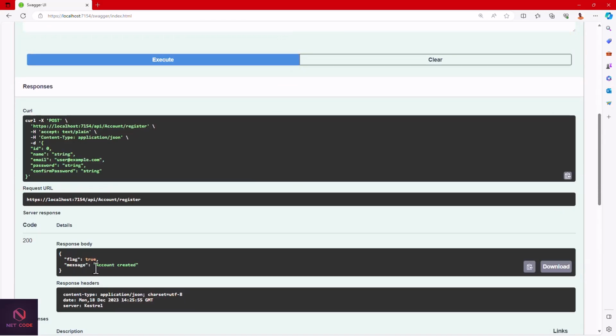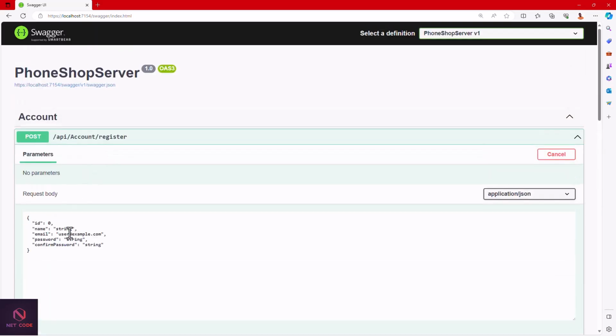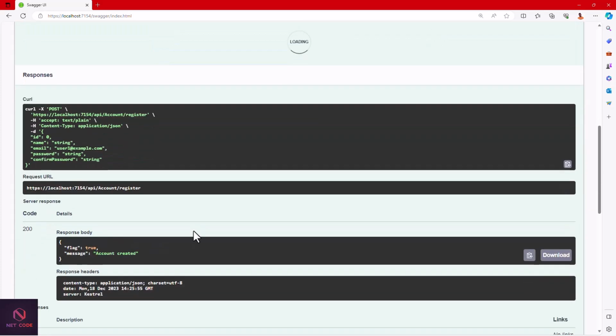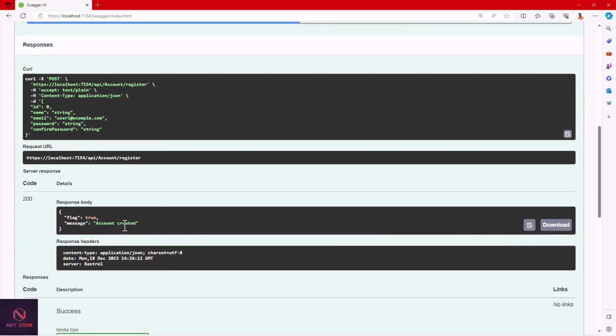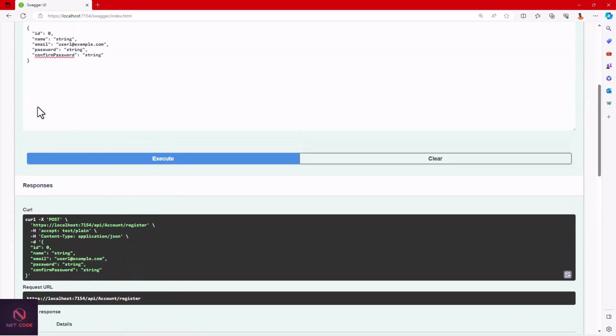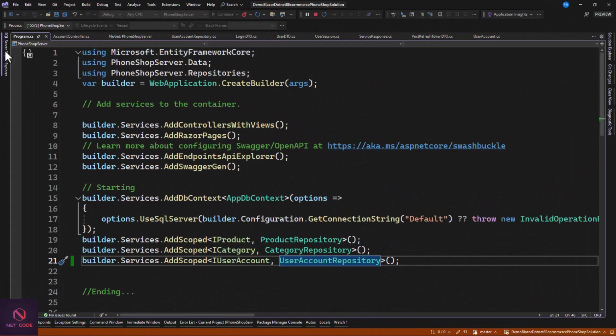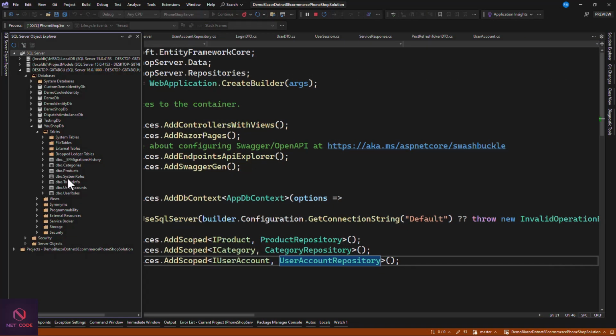Yeah, that's fine. You can see we have an account created, and by default this user is going to be assigned as an administrator because that's the first person to register. Now let's add user 1 and try to register this as well. We're going to have the same thing, account created, right? So you can register multiple accounts in here, but when we check this from our object explorer, right click on system roles,